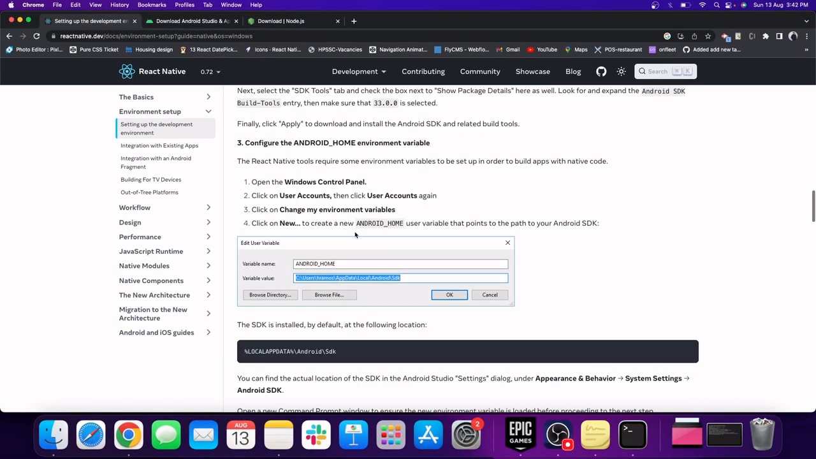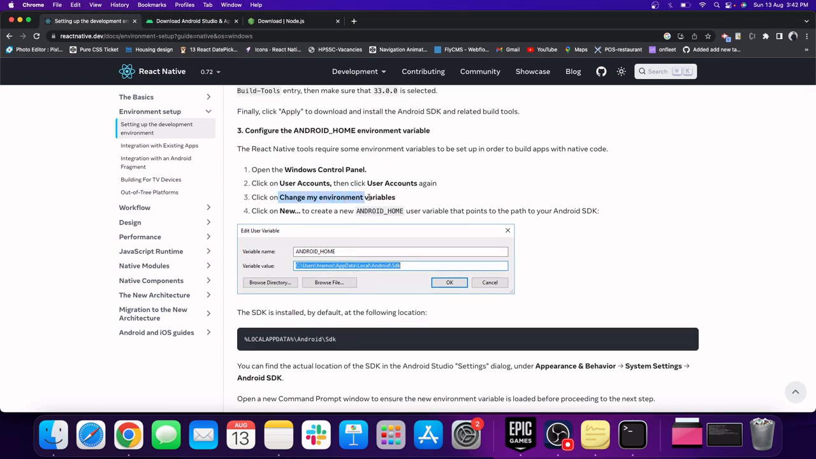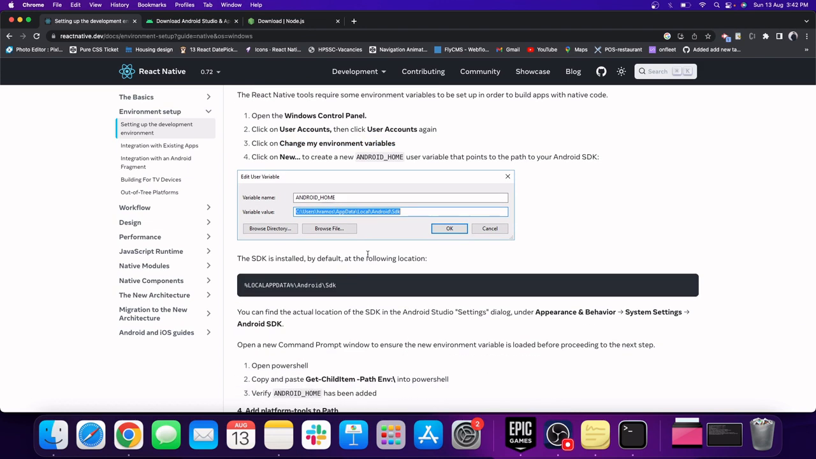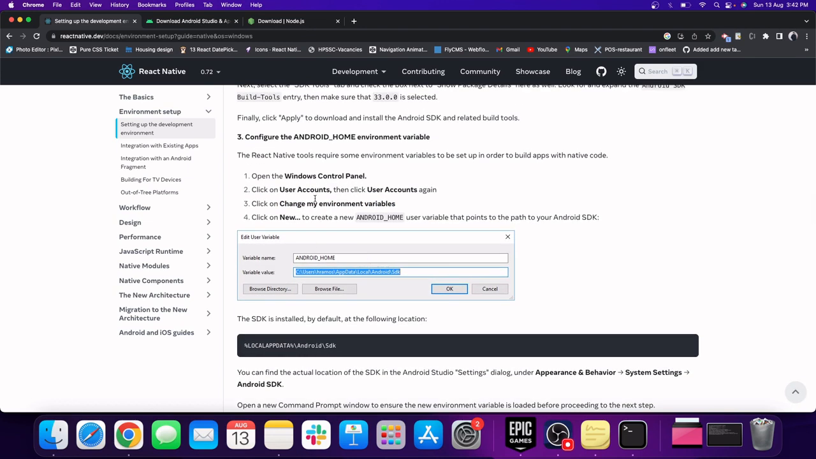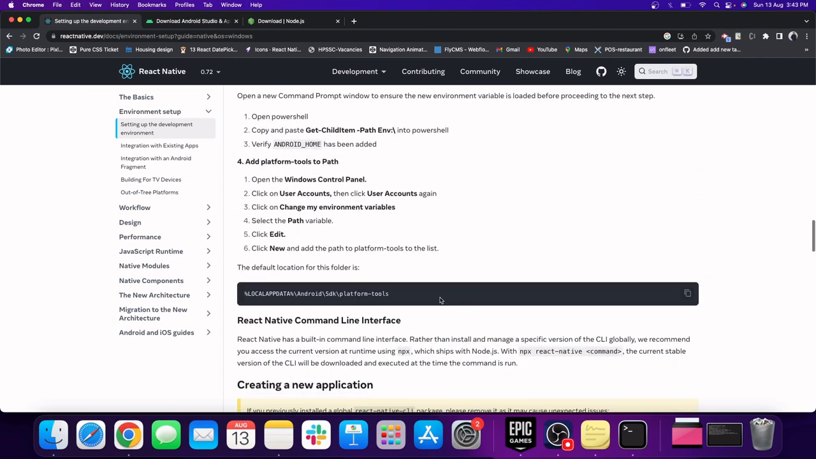And after downloading Android Studio, you just need to edit your environment variable. On Mac it is not like that. So just go to change my environment variables. You can click on Windows and then environment variables. Here you can edit your user environment variable. Just add the link, and that's it